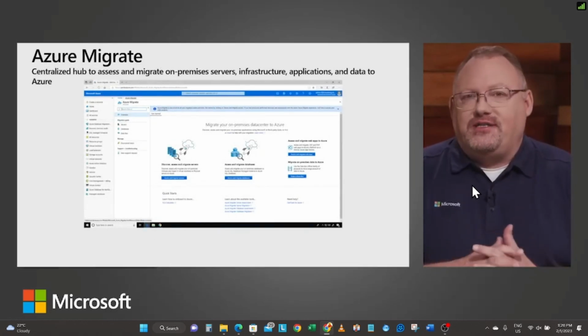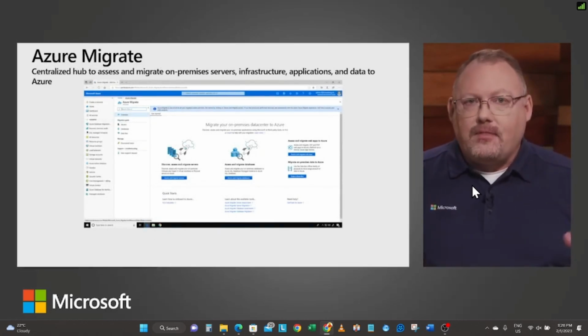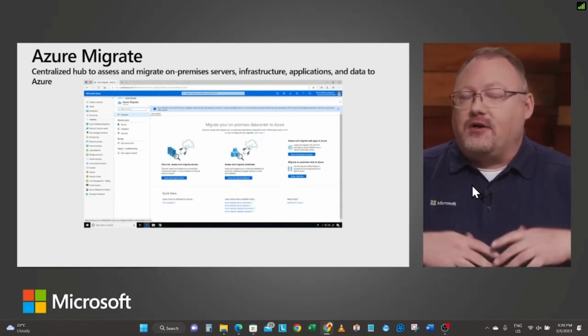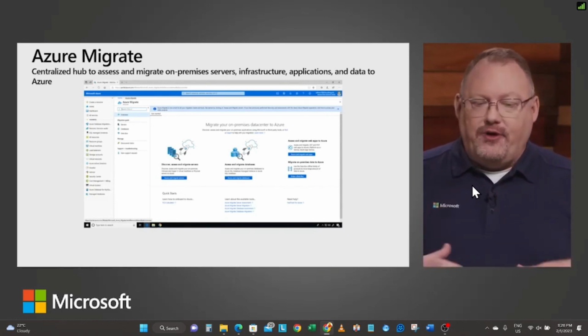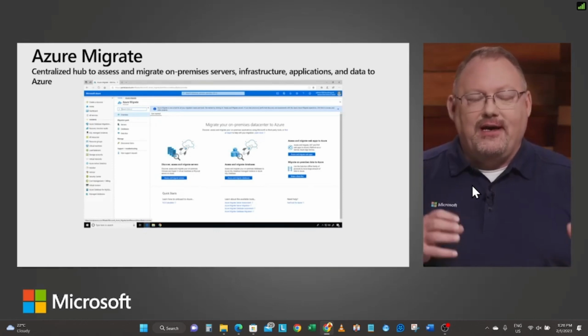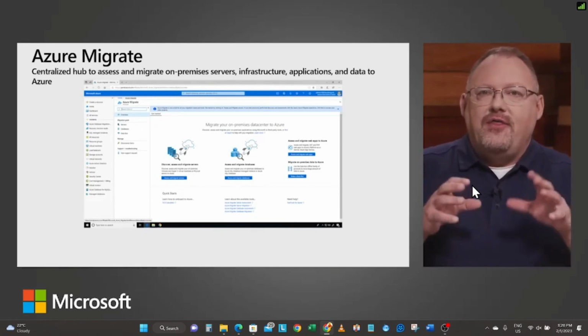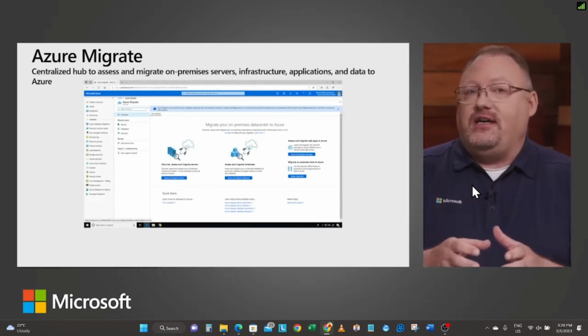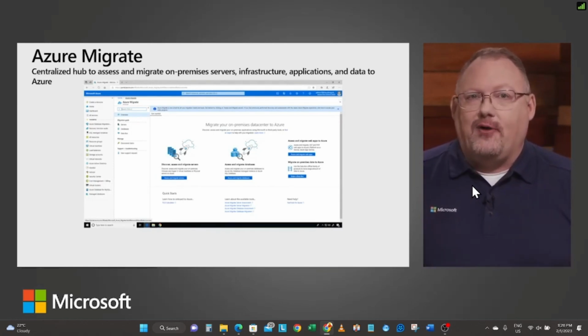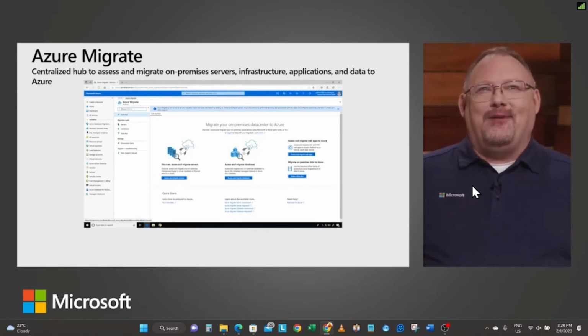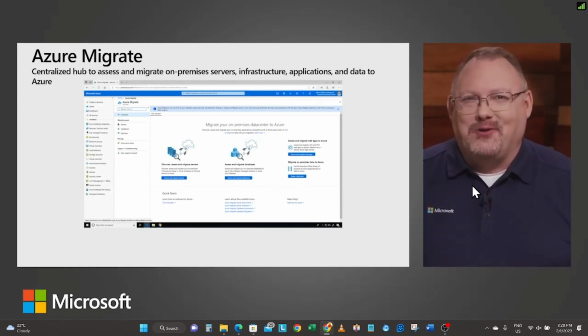The tool that you're going to see throughout these modules is a tool called Azure Migrate. This is our centralized hub for everything. When you're migrating your on-prem servers and your applications to Azure, this is where you're going to go. And you're going to see this throughout the modules. It's called Azure Migrate. Now, I say that and I smile because I already know the last module we're going to cover is on Azure Active Directory and setting that up.